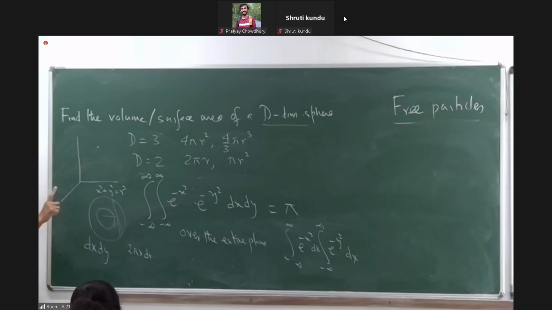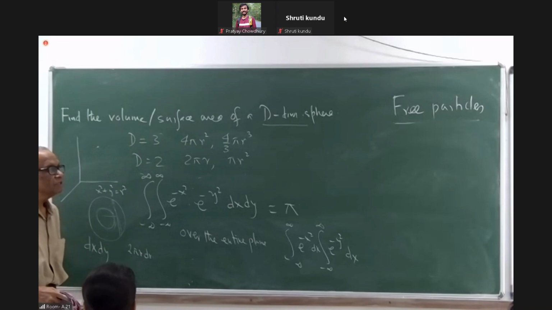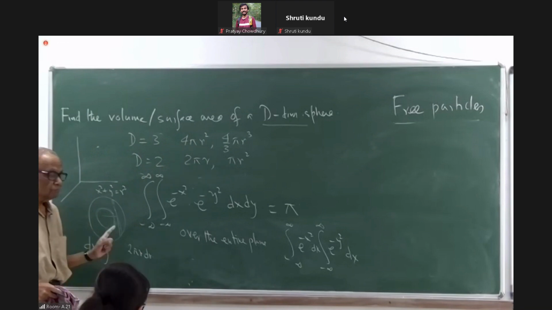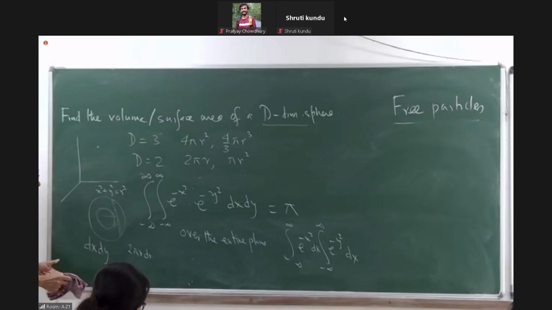But I'm going to get that result by doing a completely different trick, doing this integral, and then I can generalize that result for an arbitrary number of spatial dimensions. Because my whole goal is to find the surface area of a d-dimensional sphere. I want to show you the trick